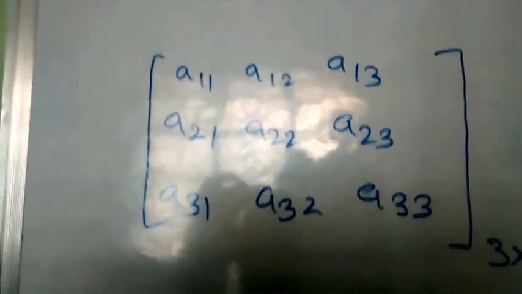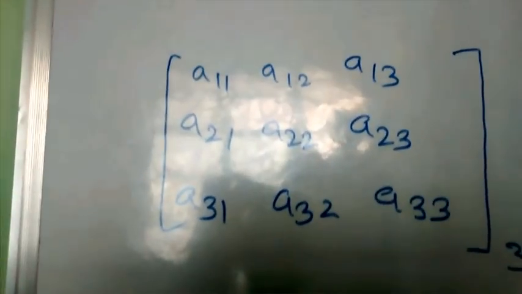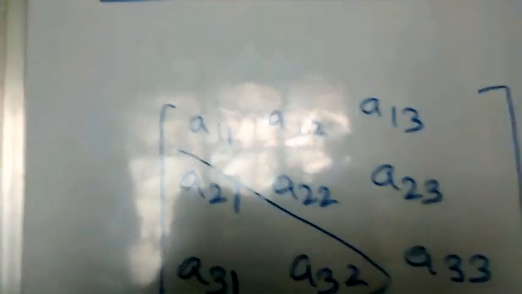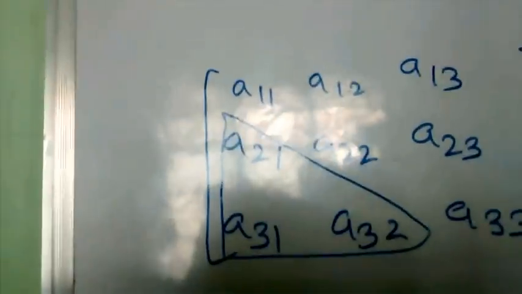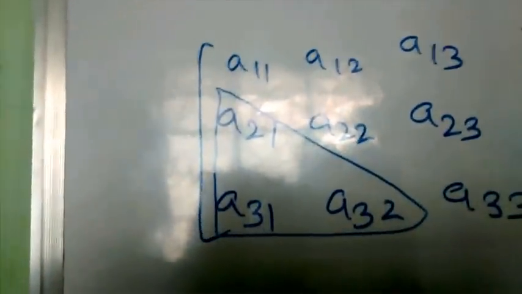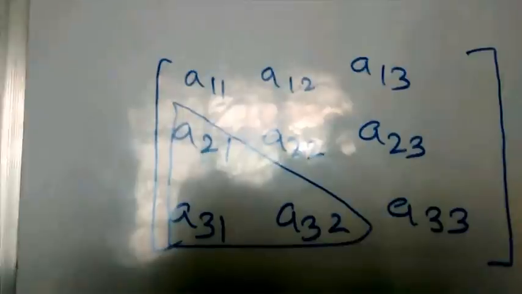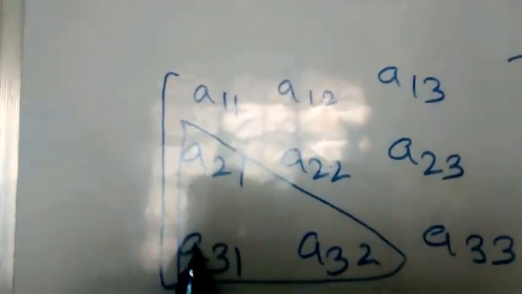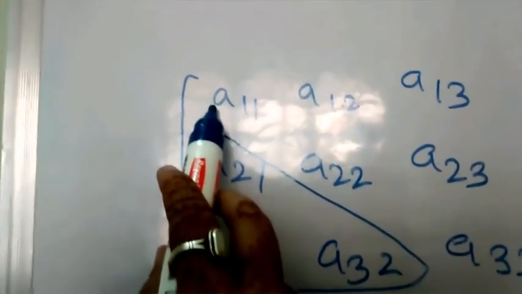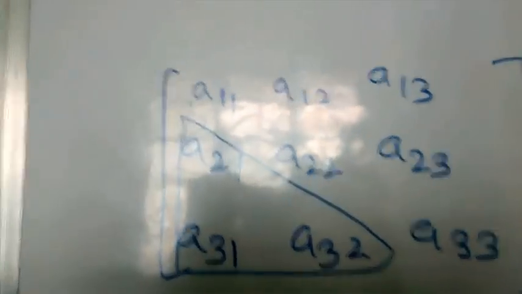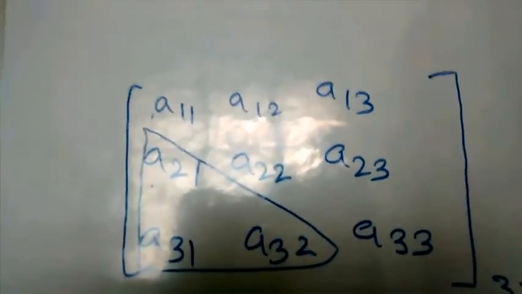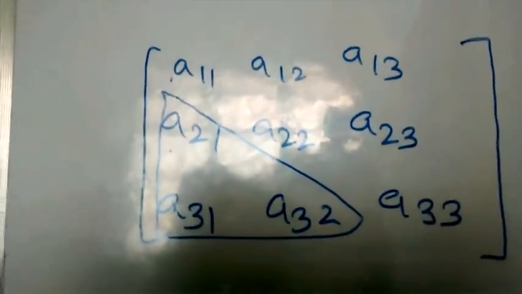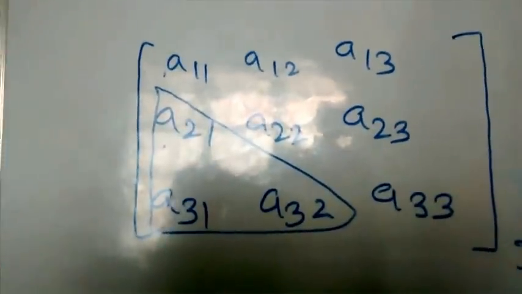We cannot use column operations to reduce the lower matrix to 0. We have to make these elements 0 by using only row operations, and this echelon form is also known as row echelon form. In echelon form the very first element has to be not equal to 0, and it's not necessary that it be 1. It can be any element.